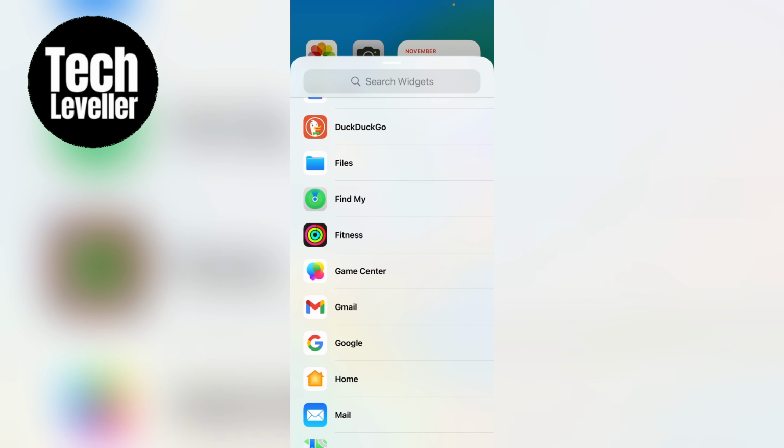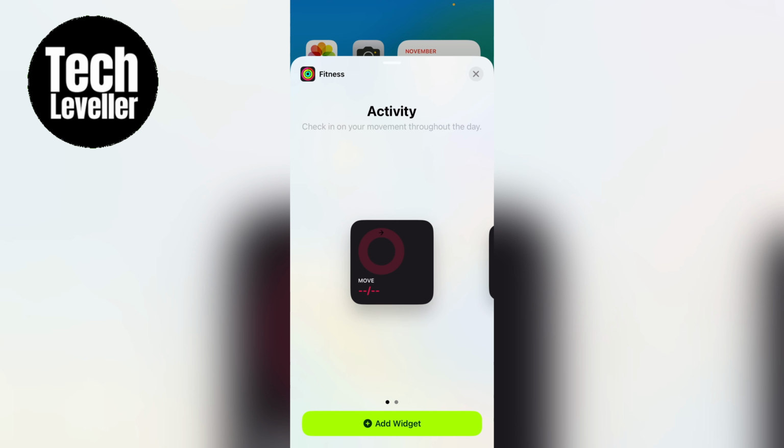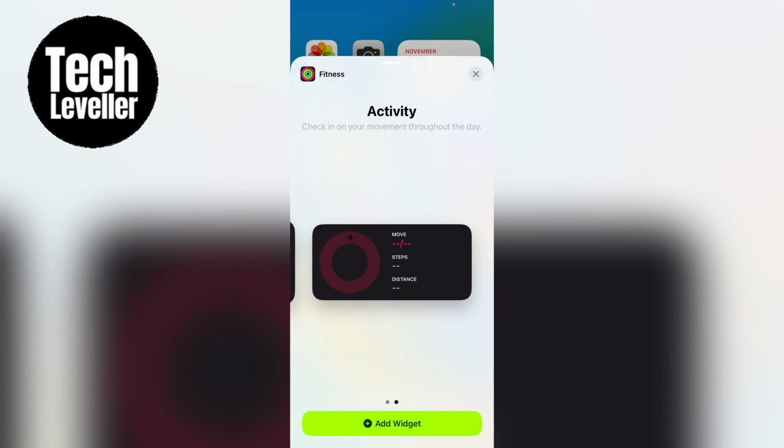So you'd press it, and then all widgets have different options. Some have more than others, so you can have this one or this one. So let's say I want to add this one. You'd then simply press Add Widget at the bottom here,